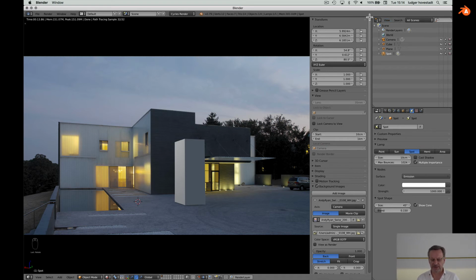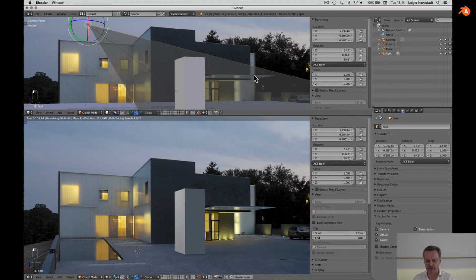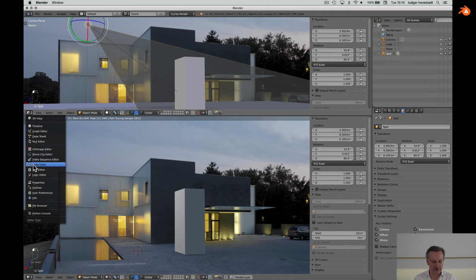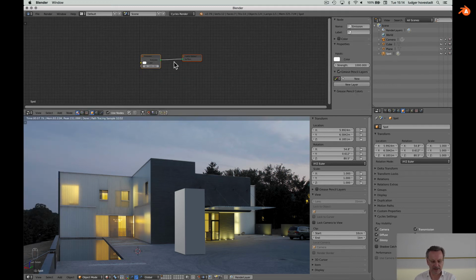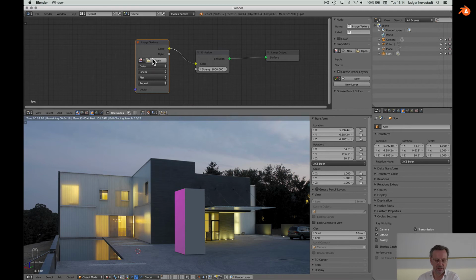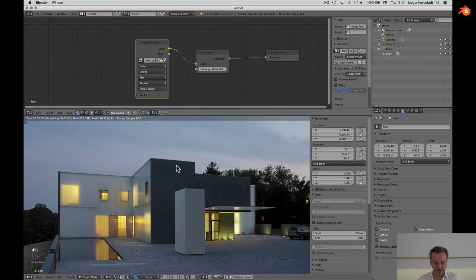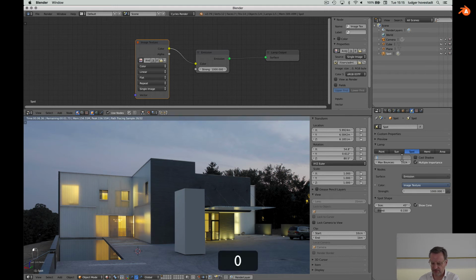So this is done with the spot here. Go for the node editor, and this is the illumination, the strength of the emission. Add the texture, image texture, color here. Now we have no color defined. Open that. This is our picture. Take this picture. The spot here should have strength 0, so it's super